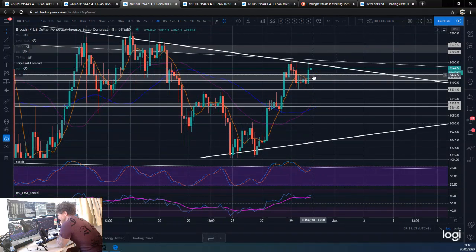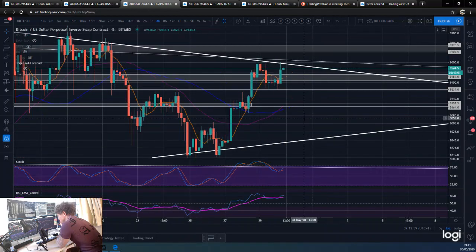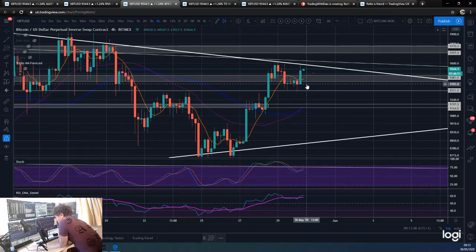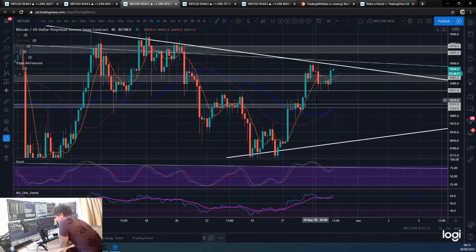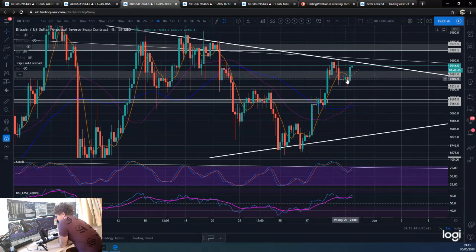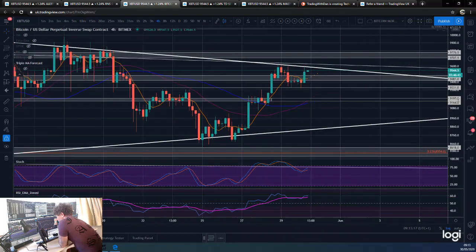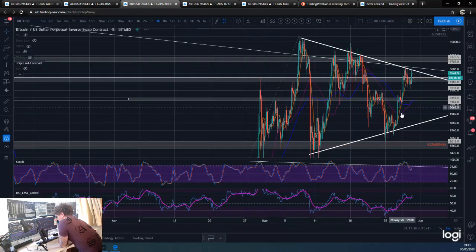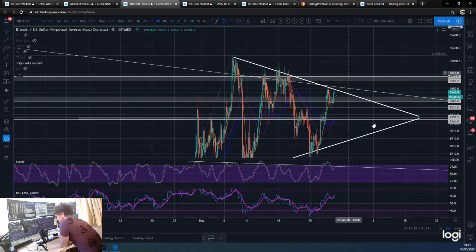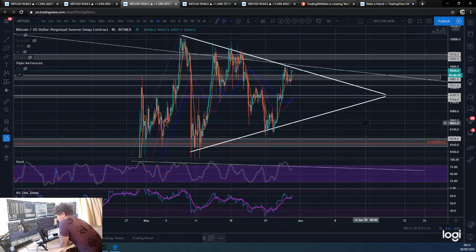So the more times we test it, and the higher we stay up and the less downside we get, the more likely it is to break. So I'm clearly a lot more positive now. We've had this strength. Once we were hanging around under here, it wasn't necessarily the most likely scenario, but hey, Bitcoin's got the strength to do it. This weekend we could definitely break through, and it's going to be a case of, are we going to break through and hold, or break through, have a move up over the weekend, and then come Monday get rejected all the way back down, and it be a fake out, for the time being. So yeah, very interesting